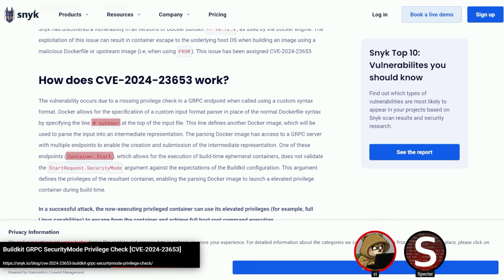This is just one of the things that's a very straightforward bug. The gRPC server is generally being used by privileged areas that are starting the containers, as container.start implies. It's doing things you would expect to be privileged actions. And so, just digging around, you find this syntax thing that lets you start another container that gets to communicate with the RPC server all of a sudden. That's maybe less trusted. It could be malicious or user controlled, because this syntax entry just needs to be